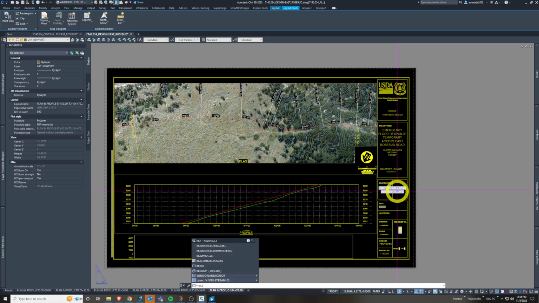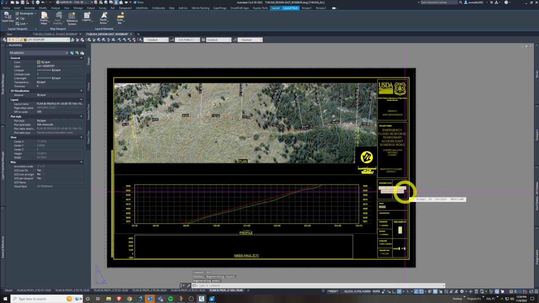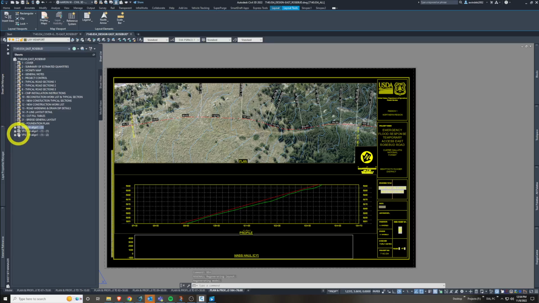So let's do a regenerate all again. Should rename them with the field. I've got to re-kick this field. So this is where some of this is getting automated with the layout tab along with the sheet set manager. Here's some previous ones I did, some test runs. These are the ones I just created just now. So let's say